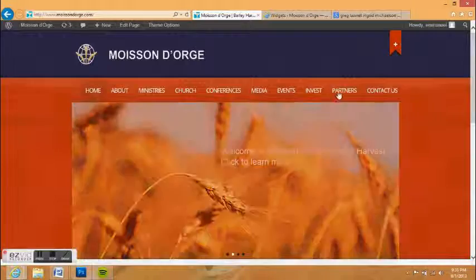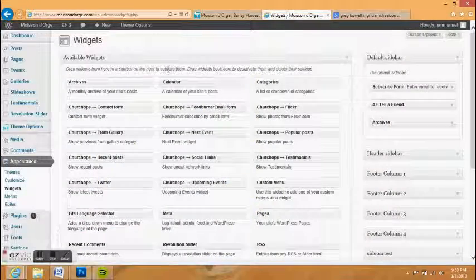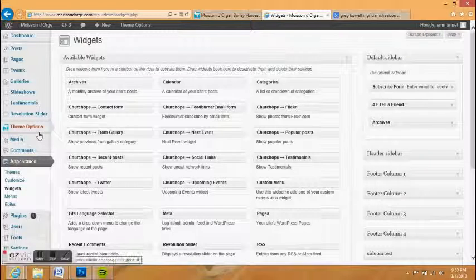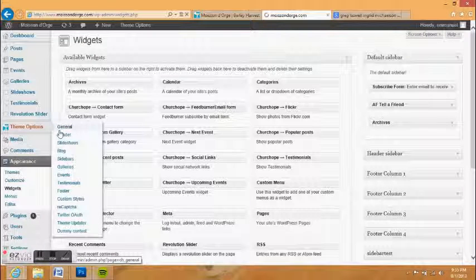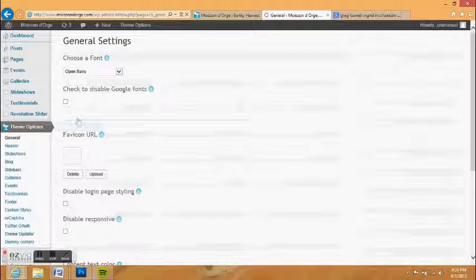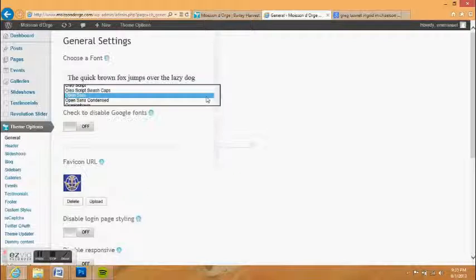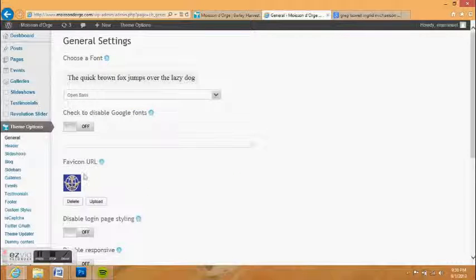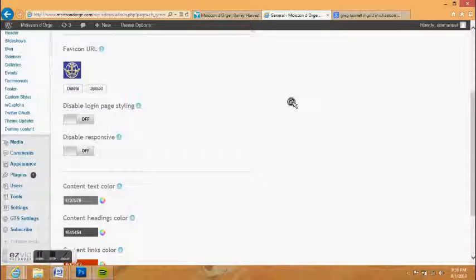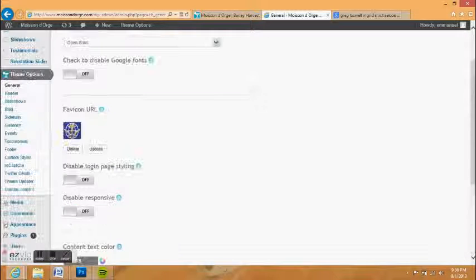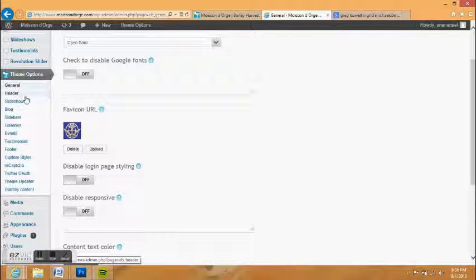Now we're going to the widgets, and actually, before that, let's look into theme options. This is the general looks of your website. Now you can choose the font. I think Open Sans is a pretty good font, so I wouldn't change that. Everything else is just mostly aesthetics and pretty self-explanatory, so I won't explain too much of this because I would rather shorten the video, but the dummy content, I wouldn't touch that because it replaces your entire site with